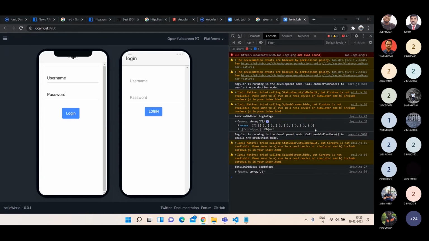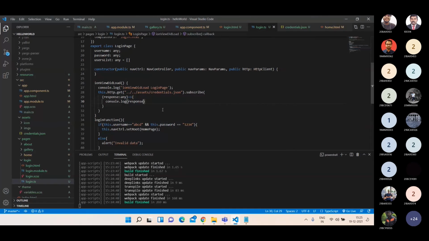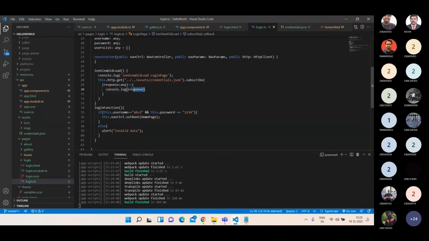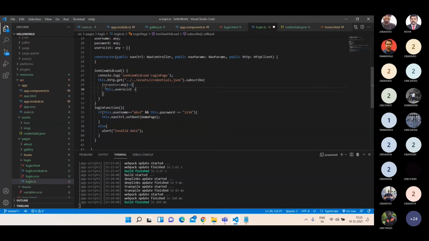So we are getting that information from the server. Can you see here? Yes, sir. So assume we are getting this data from the server. We are going to store this information in the users list array. Users list is equal to response.